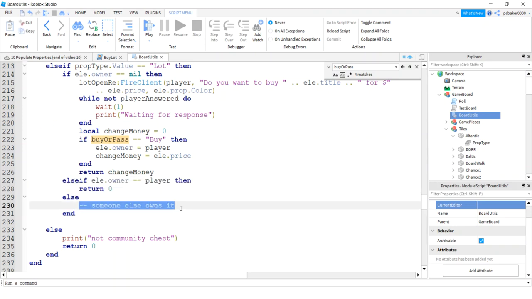So here we're going to go ahead and pay some rent. So this is the unfortunate situation. We'll use the roll result RE because we don't have to do a buy or pass. We're just informing the player he's got to pay money. So I'll say fire client, player, we'll say owner, oh, ELE owner, right? ELE owner, was that lowercase? Yeah, that's lowercase. Owner dot name